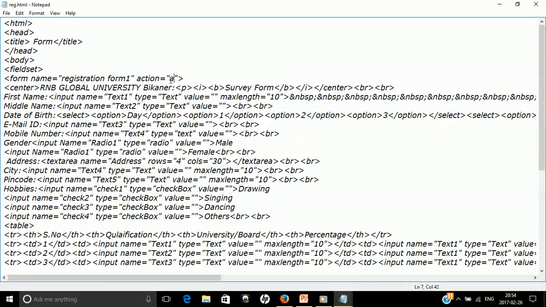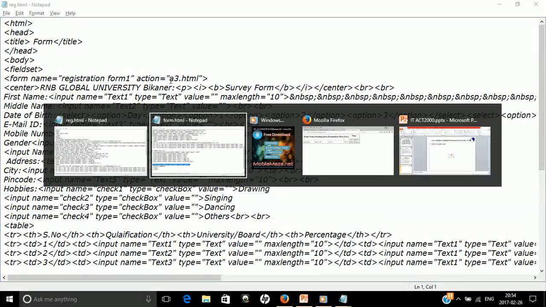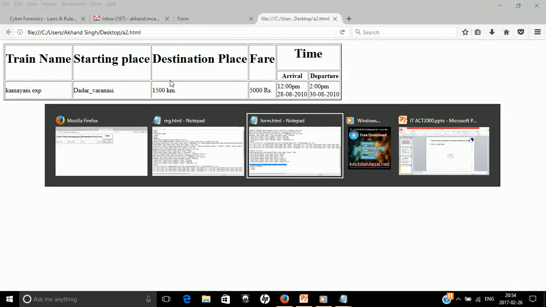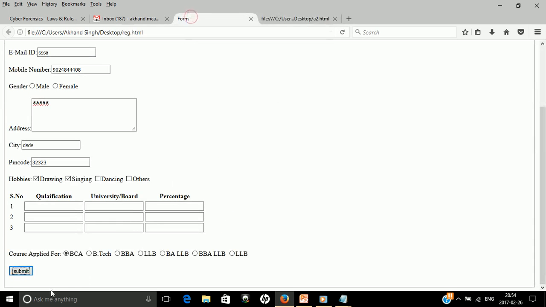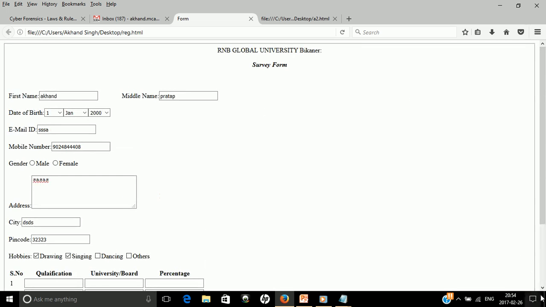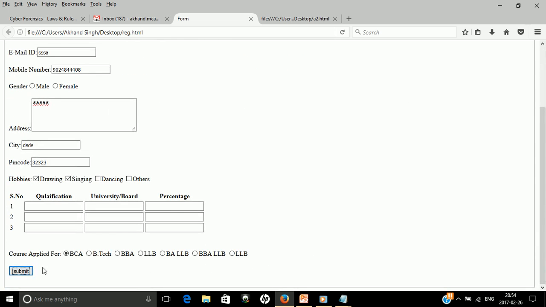In action we have given a3.html. Just save it, go to the output of the page, that is the form. Then once you have clicked submit, it gives a